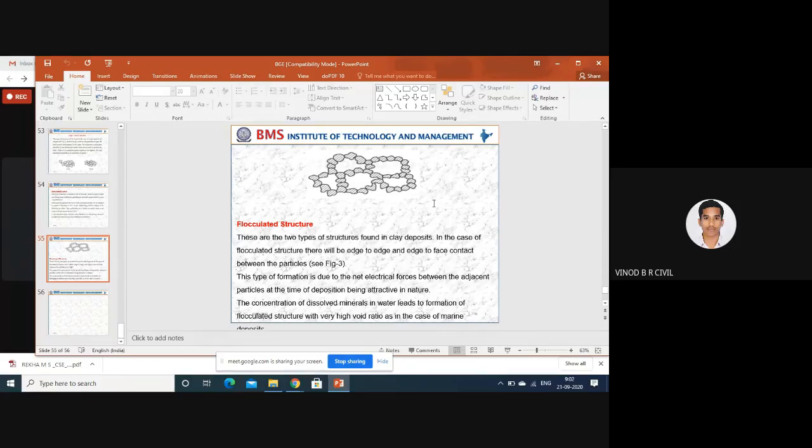What is the meaning of edge to edge? There is a good example: the mud pot. Okay, in a mud pot, if you pour water into it, you can't expect any leakage, because they are not adding any cement material or any stabilizer, anything. There is only the clay material, clay content. But even in that condition, you can't expect any water leakages or cracks in the structure.